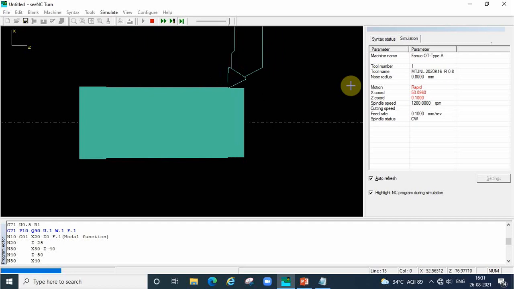When the tool color is red, the tool is free from the workpiece, non-cutting operation. When the tool color is green, material is removing, the tool is touching the material. Whenever the tool is free from the workpiece, G00. Whenever the tool is touching the material, it is G01.